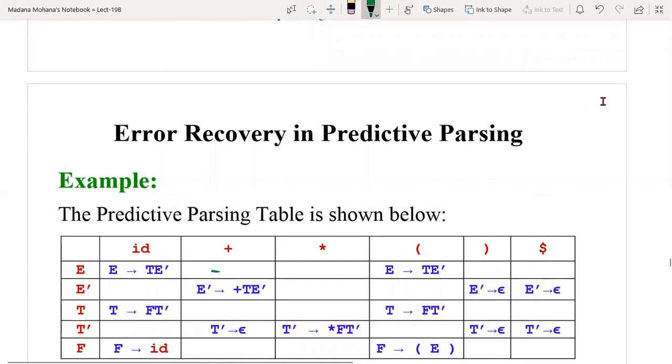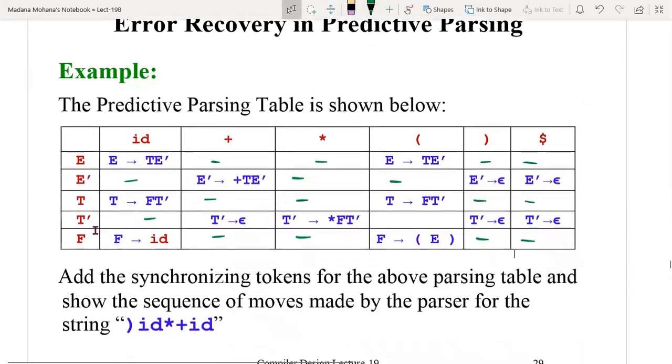Now for all the blank entries, by considering a particular non-terminal variable, you can find out first and follow values, then at their respective positions you can add the synchronizing token. Then you can do the parsing. Now add the synchronizing tokens for the above parsing table and show the sequence of moves made by the parser